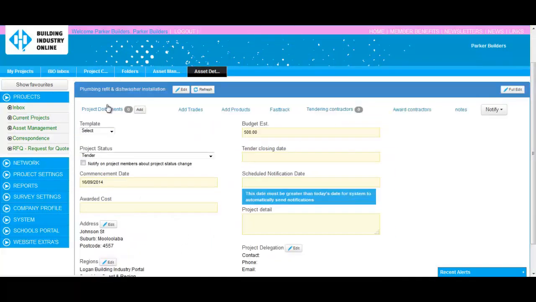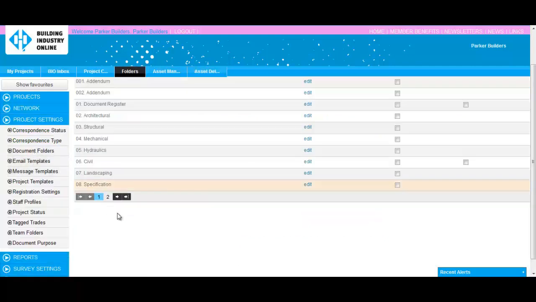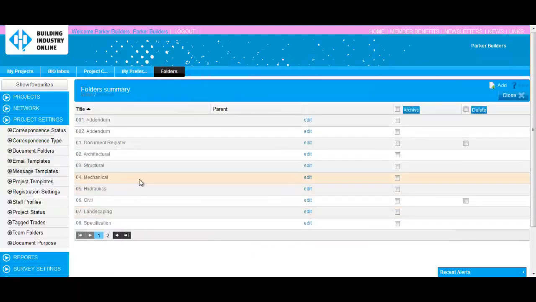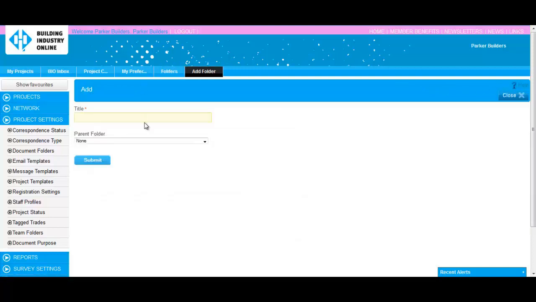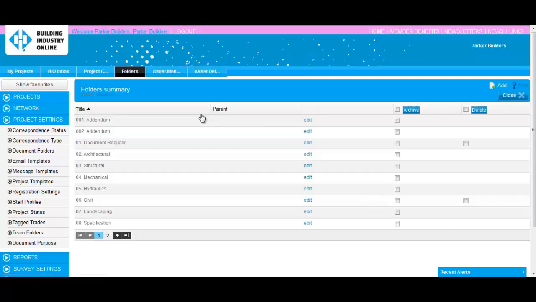Folders for internal use may include warranties, preventative maintenance, and statutory maintenance that will assist you and your colleagues to locate appropriate documents. Simply click Add to create a new folder and select a parent folder if applicable, and then click Submit. Next, you will want to create the labels for your assets and project types, which replicate your internal